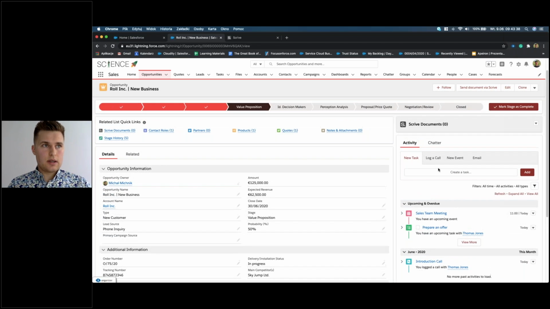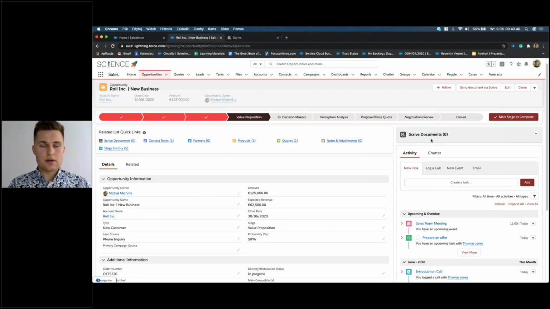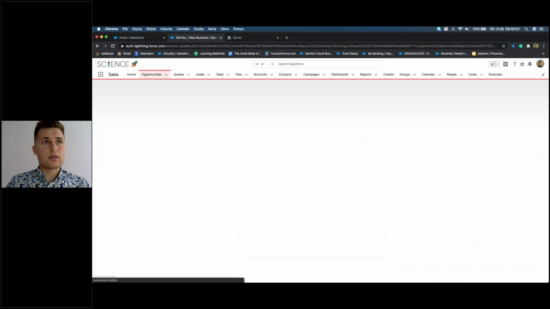And as you can see, we also have the Scrive Documents tab, in which we'll find all the documents which we already sent and signed via Scrive. Okay, so now we have to click the button Send Document via Scrive, and we will see that we have another screen